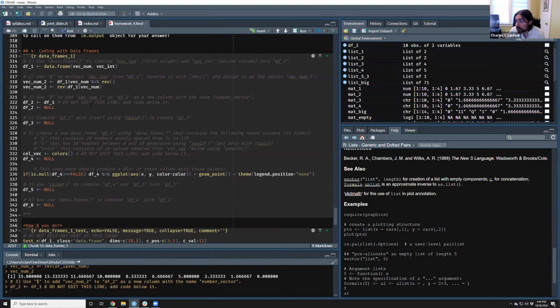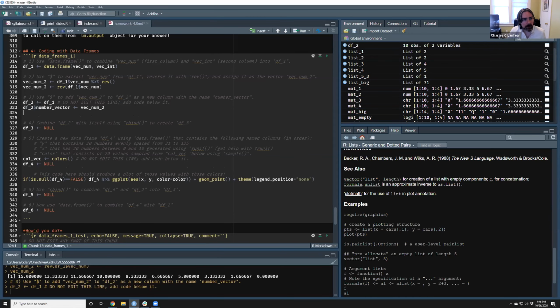Any command you can use to pull something out of a data frame or a list can usually be used to add something to it. Got an idea here? I like it. Copy that straight from chat.